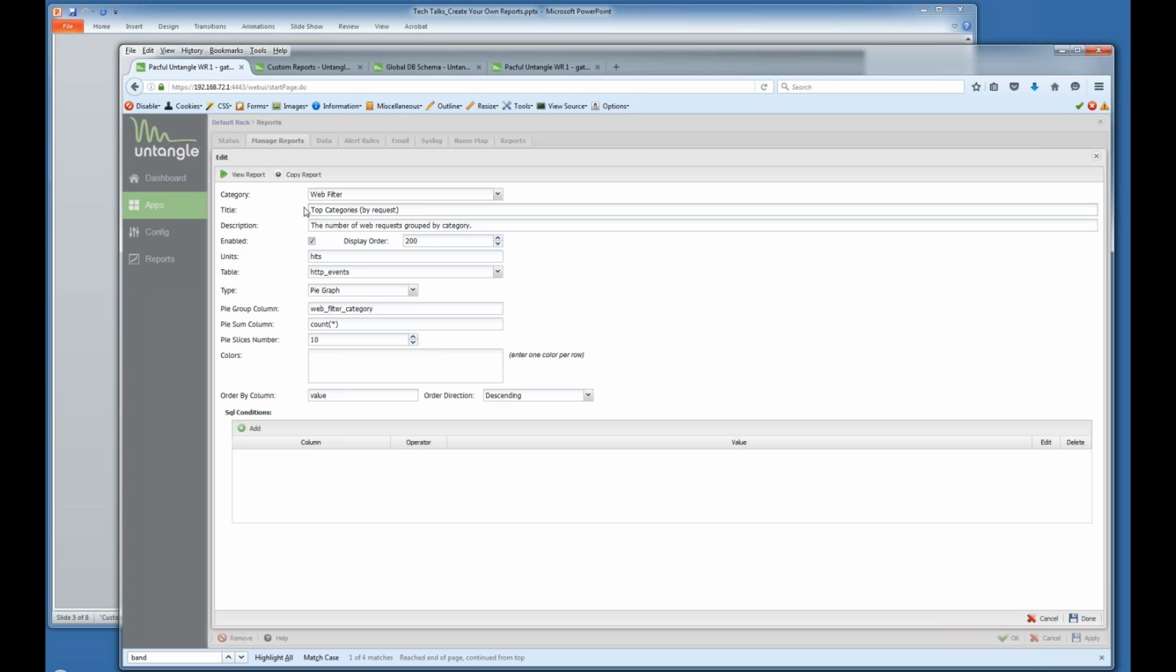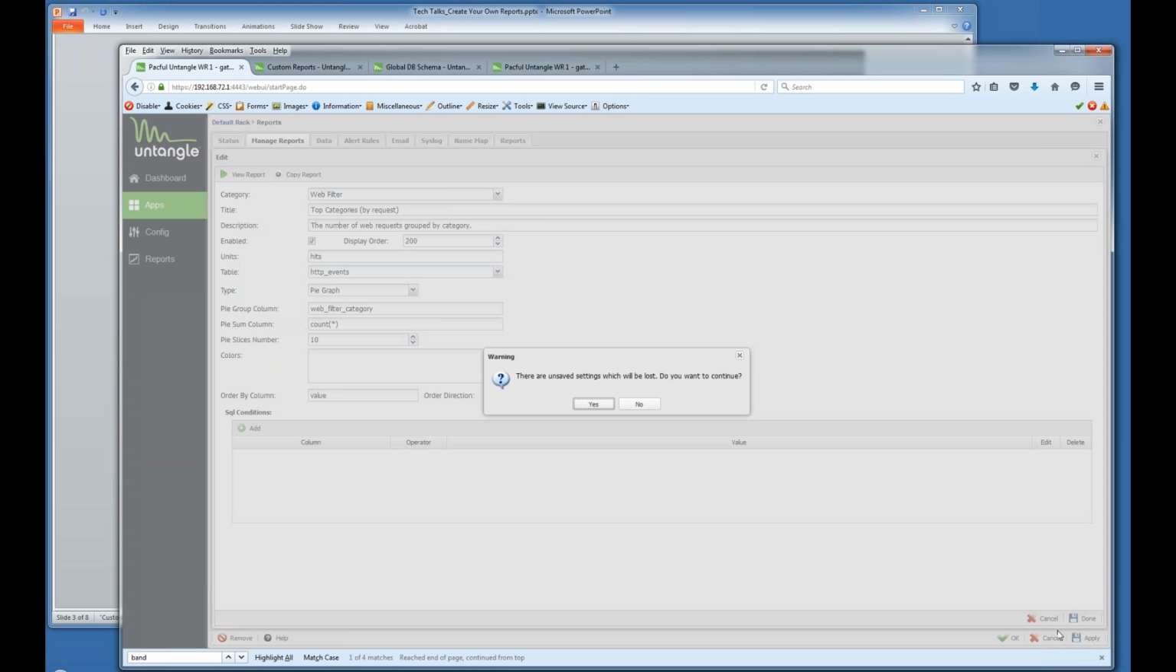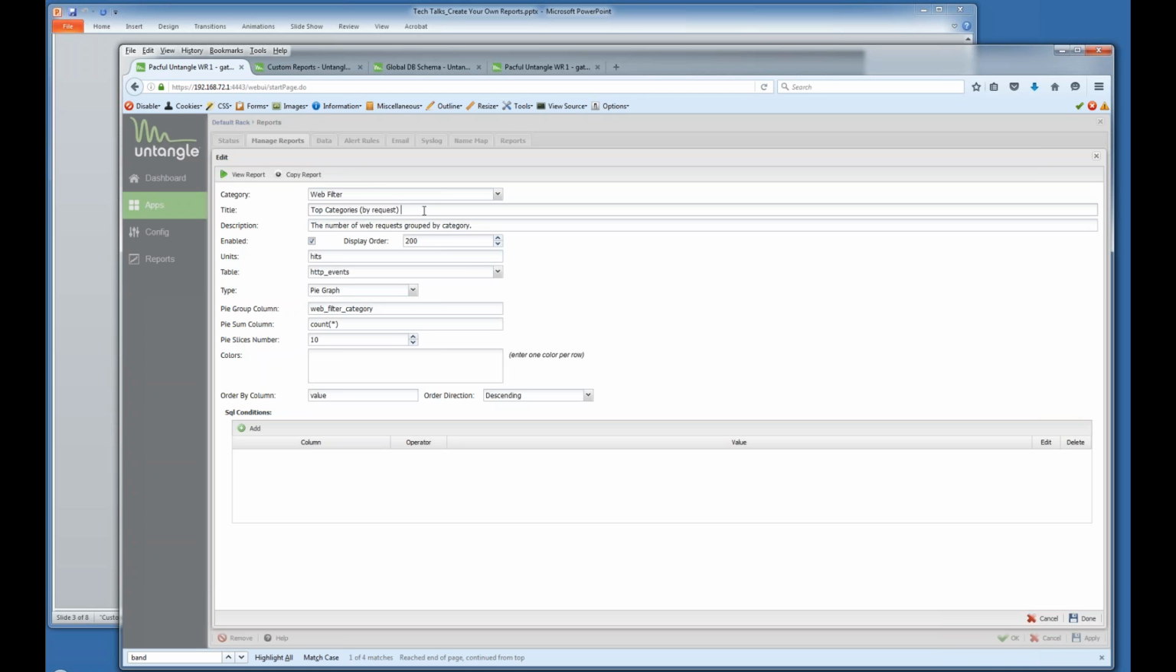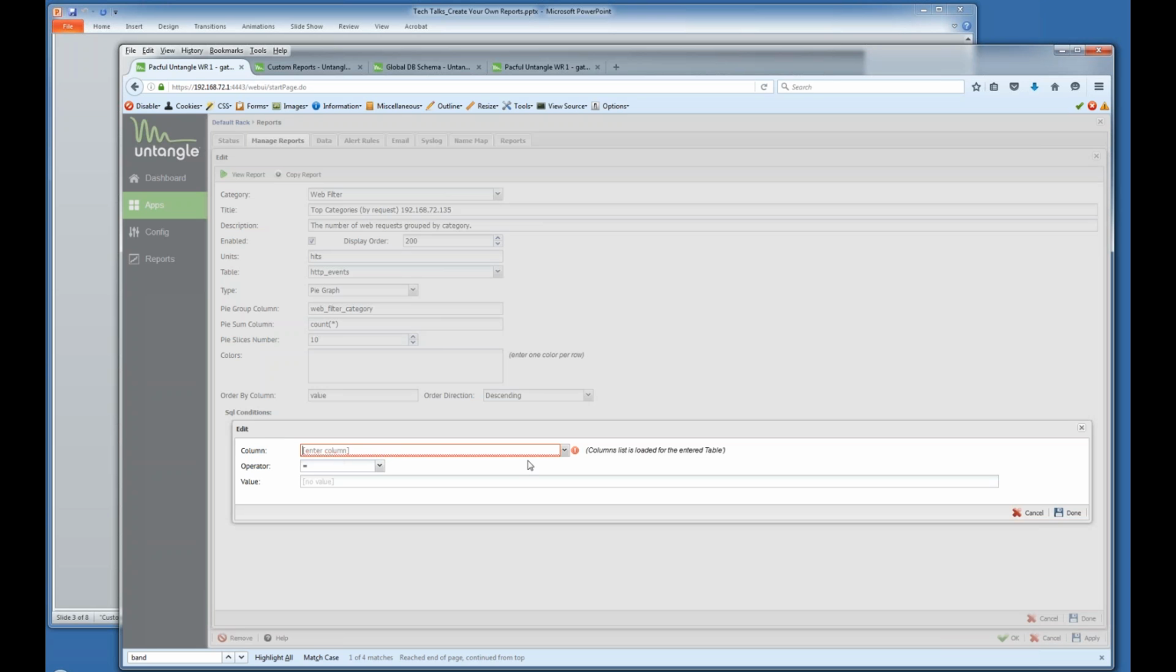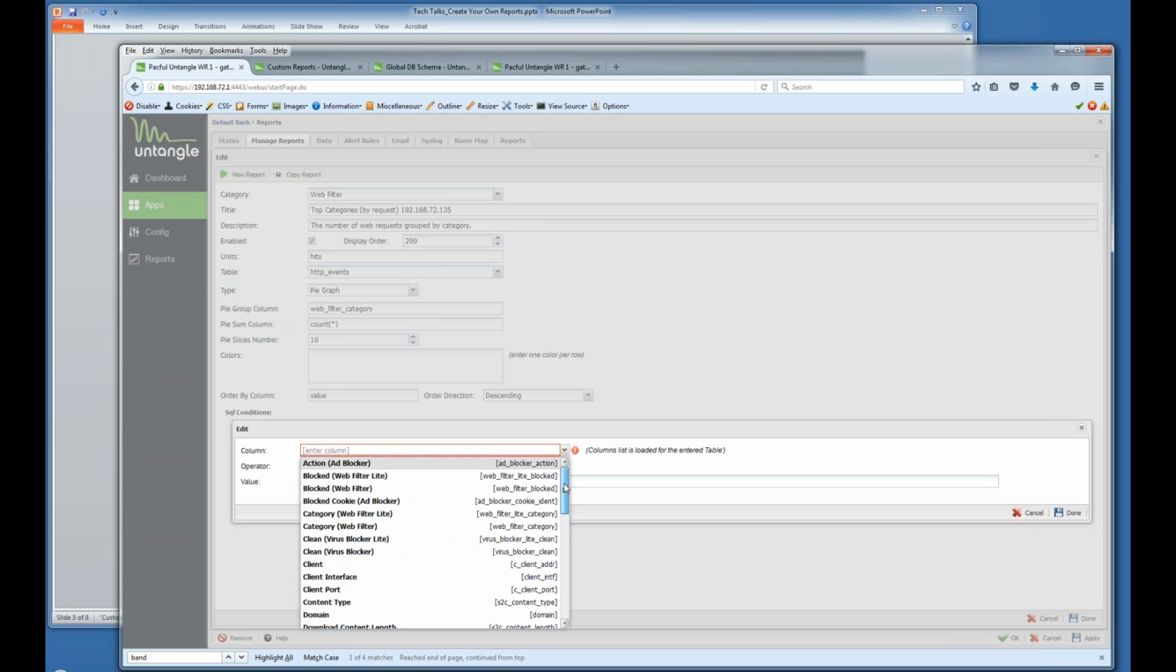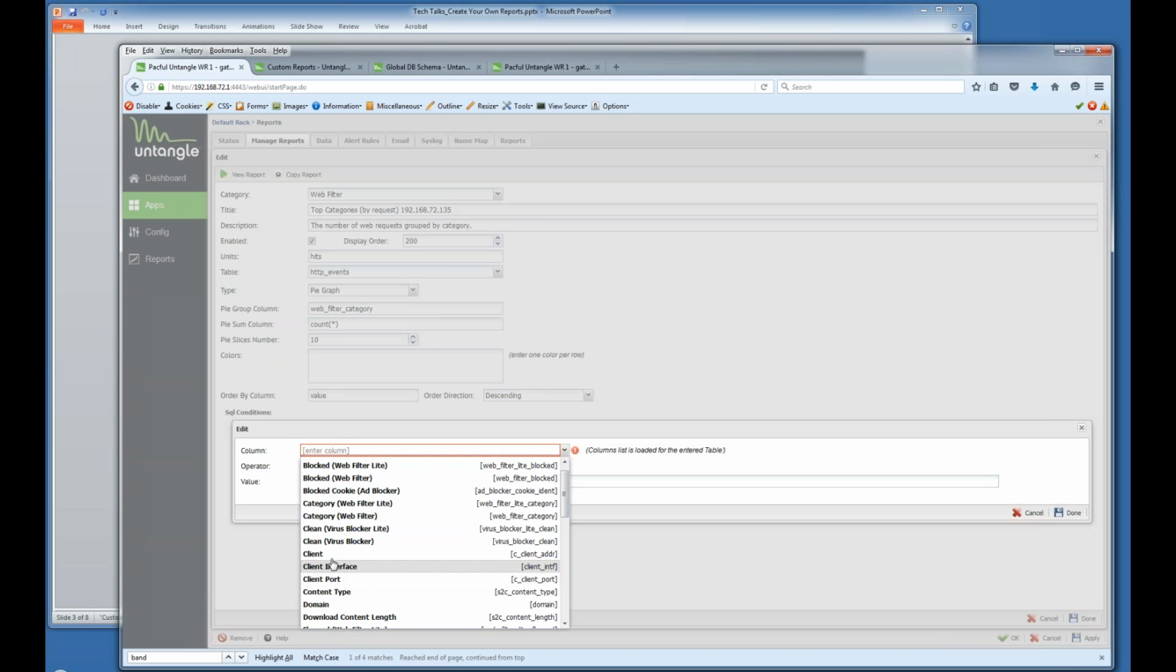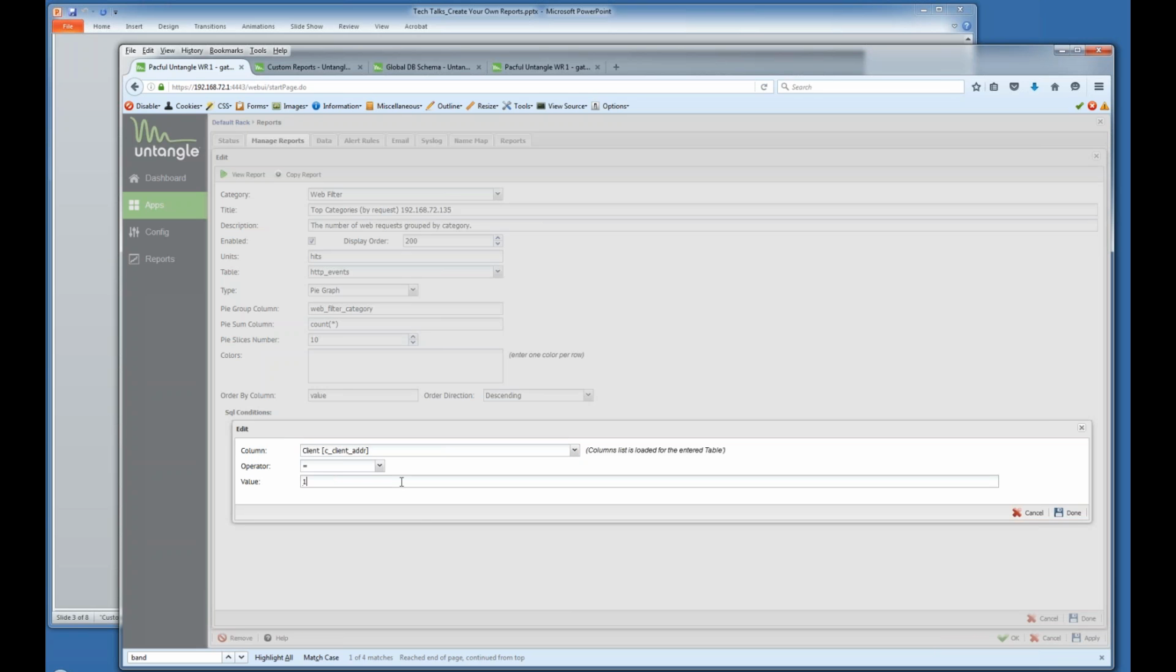And what I'll do, I'll say, I'm going to look for the top categories that a particular person goes to. In fact, I'm going to look for a particular IP that I happen to know somebody on the network. So I'm going to go ahead and put their IP. And I can put a group of IPs also here. So I'm going to add a condition, and it's going to be the client address is going to be